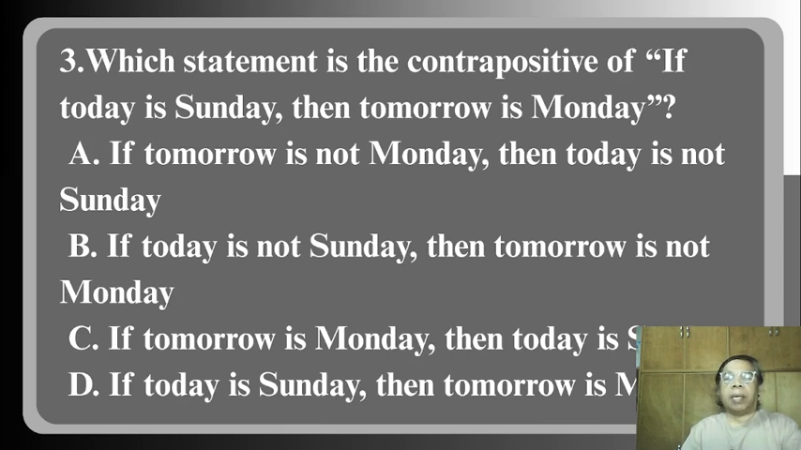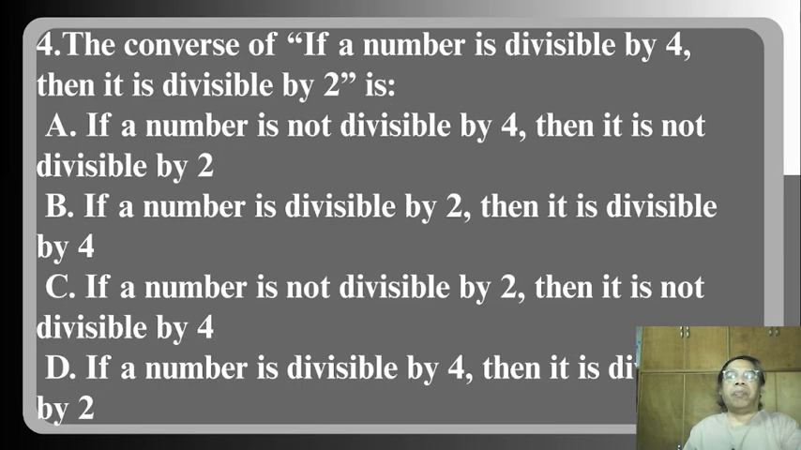Letter C. If tomorrow is Monday, then today is Sunday. Letter D. If today is Sunday, then tomorrow is Monday. Number 4. The converse of "If a number is divisible by 4, then it is divisible by 2" is letter